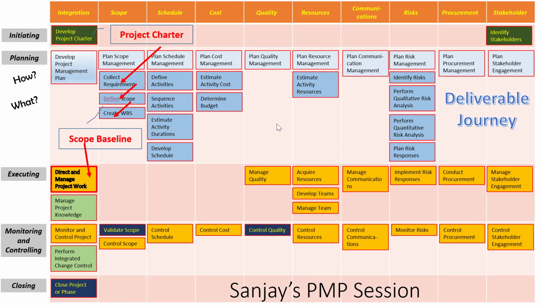Scope baseline has 5 things there, Kuldeep. Obviously, you are right. The scope part of it is there. But in addition to that, it has a WBS, work breakdown structure. It has something called the WBS dictionary. So we'll go through that in a little detail. Yes, Kuldeep. So scope baseline is a composite thing. Whatever you have done in these three, they are combined together. It's called a scope baseline.